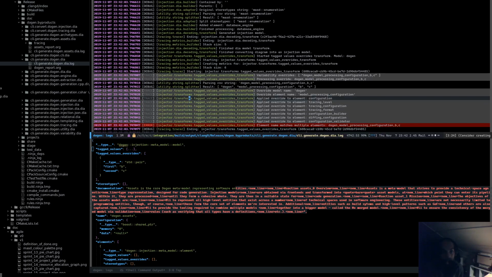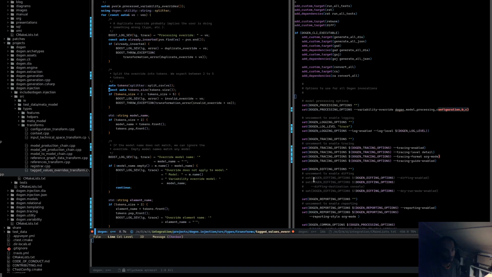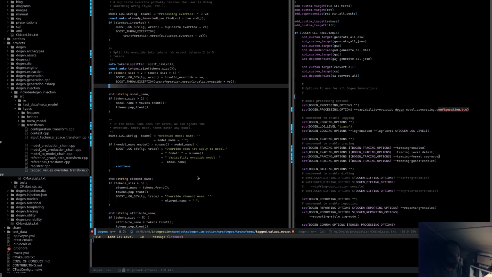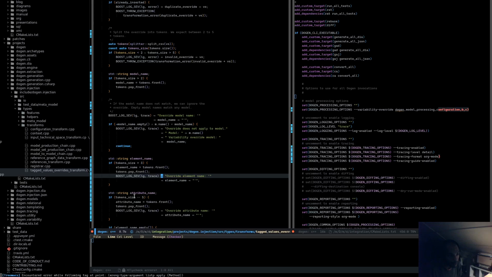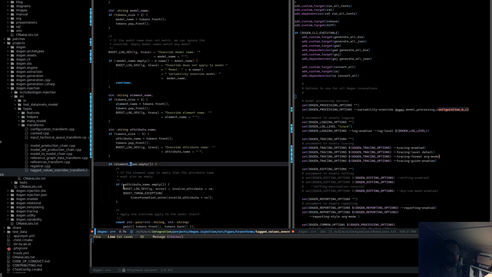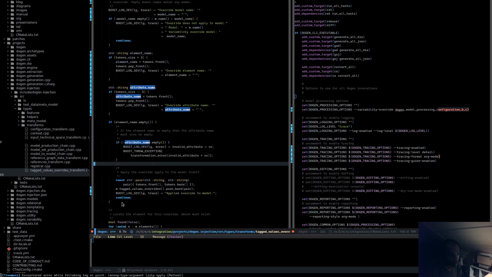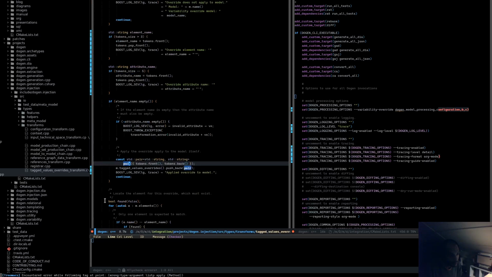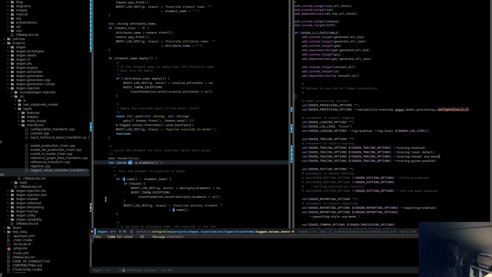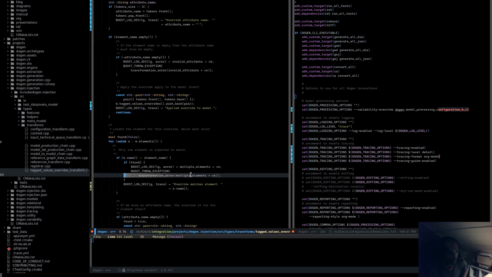Well, what's interesting. So we do have an override model element name, we do have an override element name, but now we're applying overrides to all of the elements. So why would that be? If the element name is empty, well, it's not the case. So for each element, if the element's name is equal,